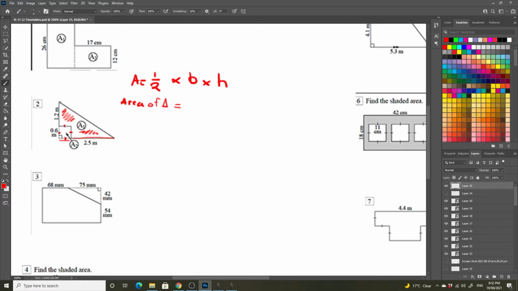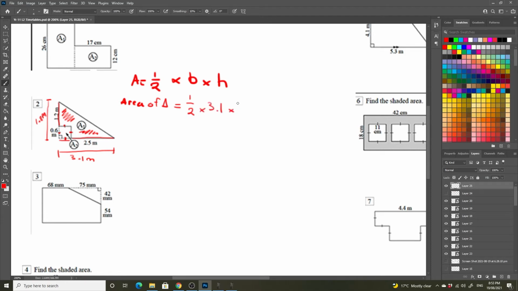And we can do the same thing for the vertical height. We see that this length here is 1.2 meters. And what's missing is that 0.6 meters. So if we add those together, the entire perpendicular height of this triangle is going to be 1.8 meters. And the entire base length is going to be 3.1 meters. So if we plug this into our formula for the area of a triangle, this is going to be half times